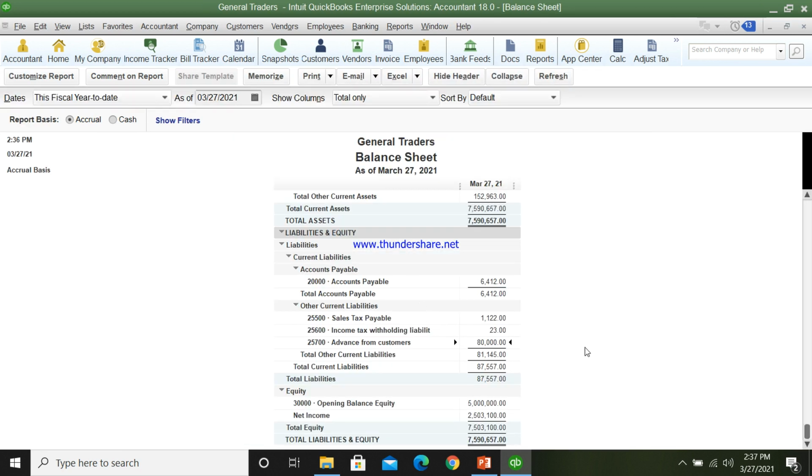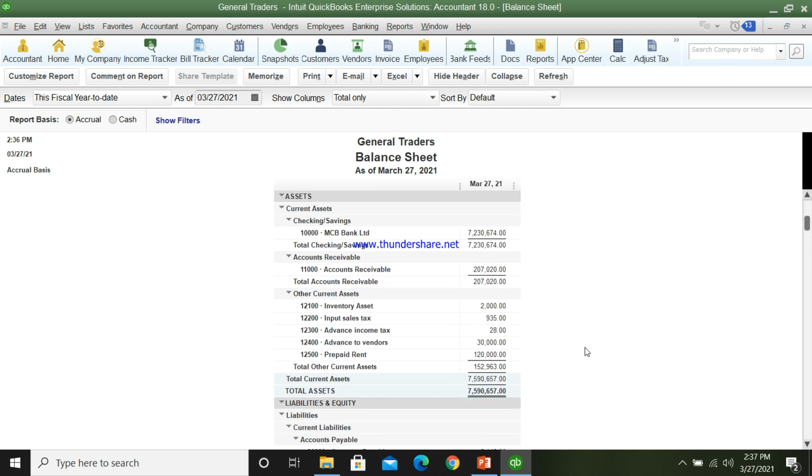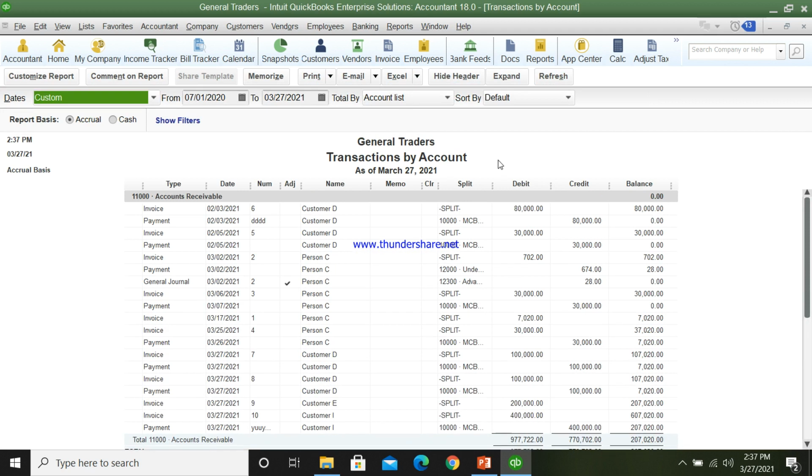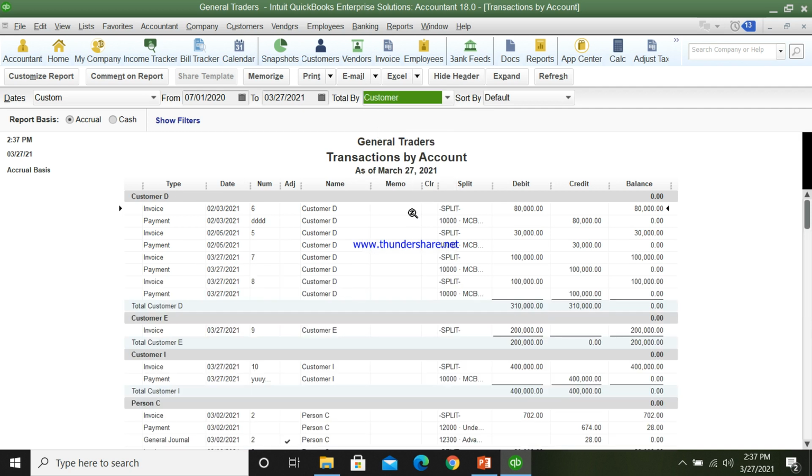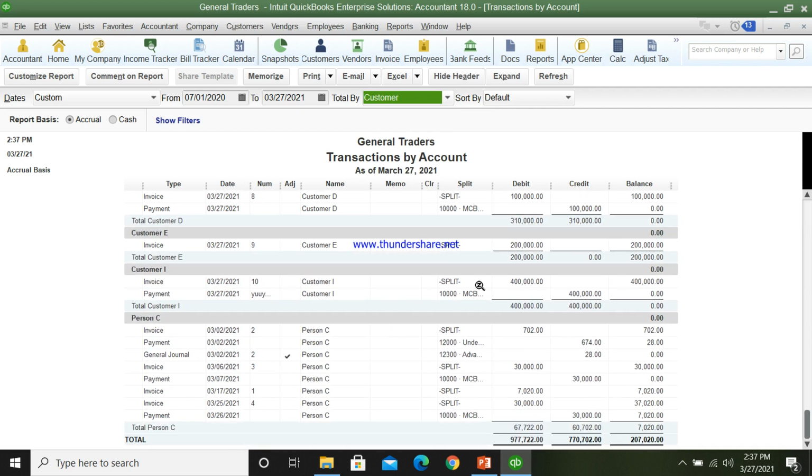Now let's check the accounts receivable. Double click on it, and here is the GL or report, whatever you call it, and you can sort it by your customer. So here is our customer I. You can see the customer receivable balance of 400,000 on 27th of March, because out of the total 1 million invoice we have already received 600,000.